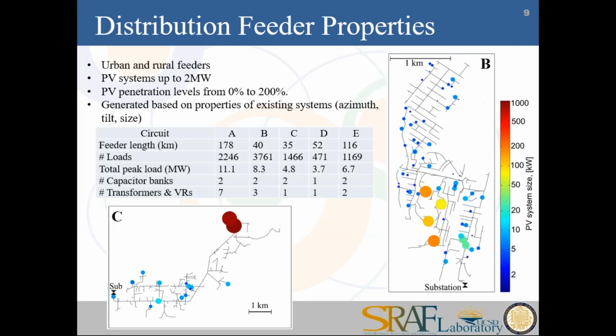So looking at our simulations, we are simulating 5 feeders here, which are from California. The black lines are the power lines, the colored symbols are the locations of the PV systems, and the color is proportional to the size of the system. So we see on the right-hand side an urban feeder that's pretty small, just a couple of kilometers. The left-hand side is a more rural feeder, over 10-15 kilometers in length. And the voltage drop will always be larger on these longer feeders, given the same power line.